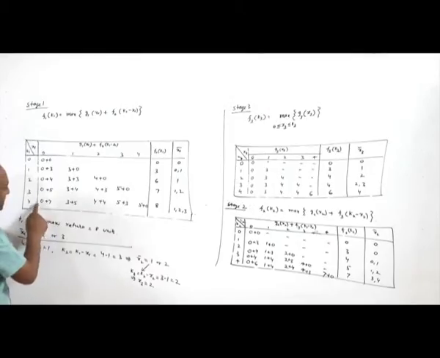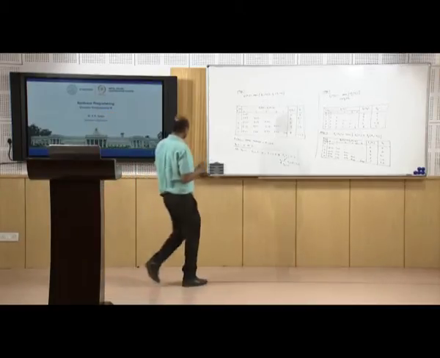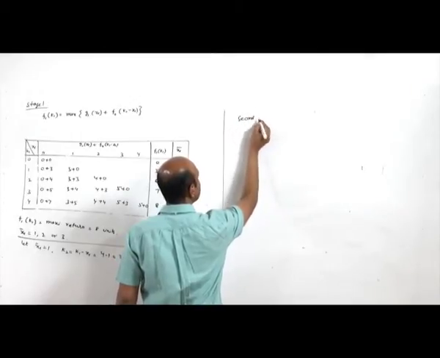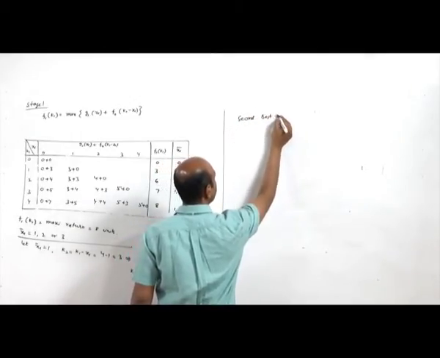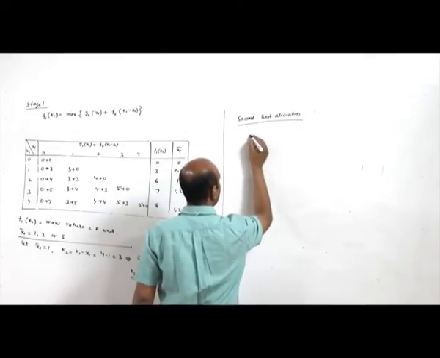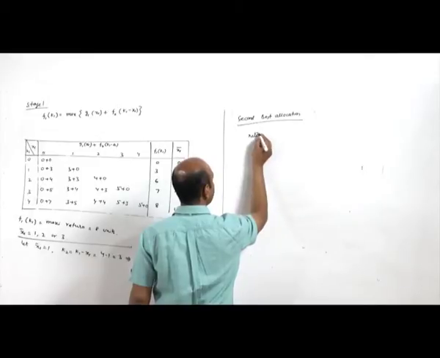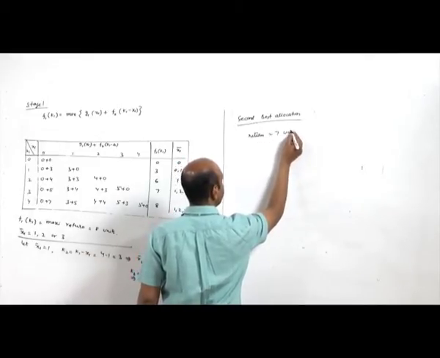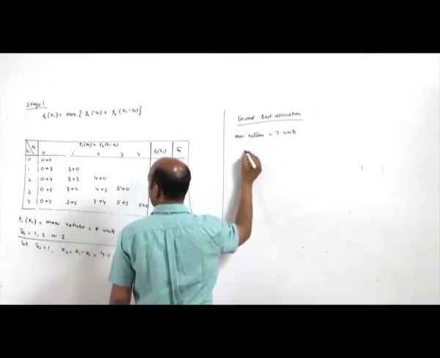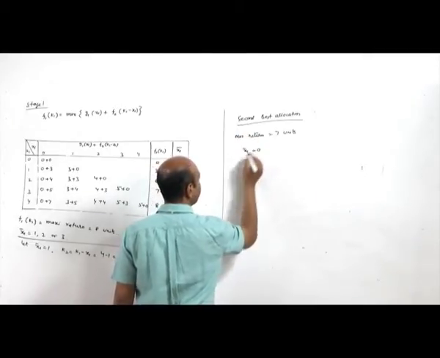Allocation is this 7, that means x1 bar is 0 for second best allocation. So for second best allocation, return is 7 units maximum return,